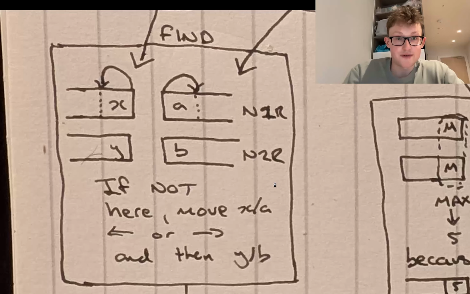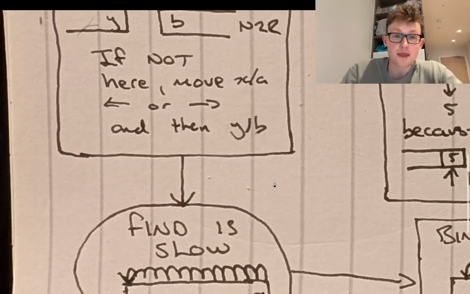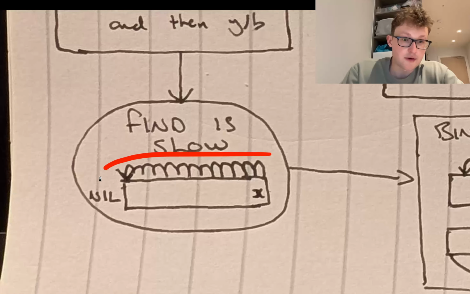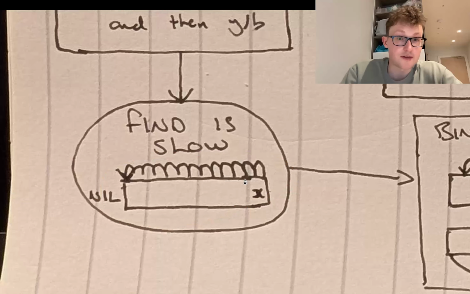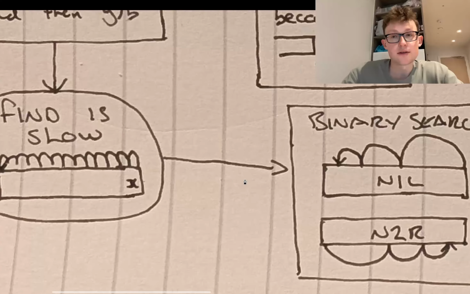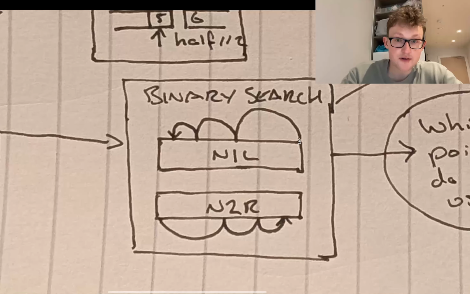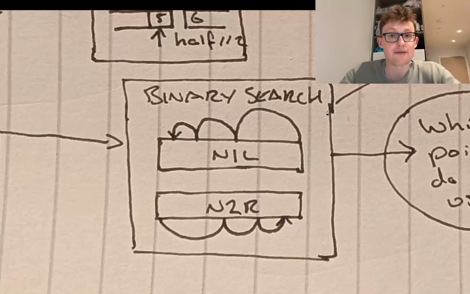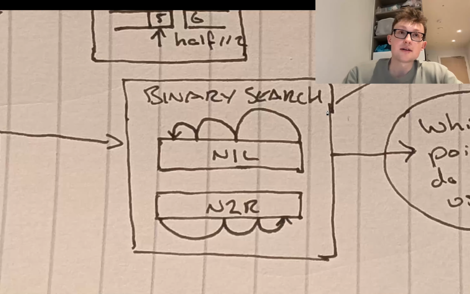The next problem is the finding doesn't meet the full condition of the problem, which is to do it in logarithmic time. So the find is too slow. This is why it's slow, because that's what you're doing. You're hopping one at a time to the left and doing the same in the other n2 array. The solution for that is a binary search, the visualization there where you jump half the array at a time. Now you kind of know what to do, but again this brings in more problems.